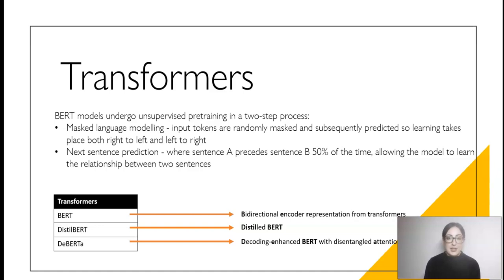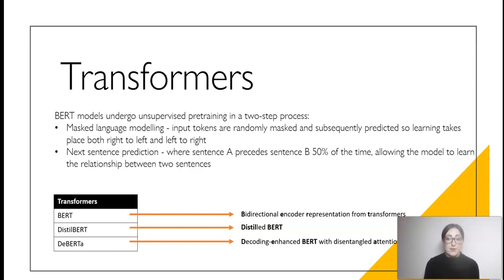This means that the model can learn both right to left and left to right, because without this, trying to learn backwards would be a trivial task in that the model would already know the word that was there, and so it wouldn't be able to learn anything going backwards. So this allows for that bidirectional understanding. And then the second part of this unsupervised pre-training process is next sentence prediction, where sentence A precedes sentence B 50% of the time,